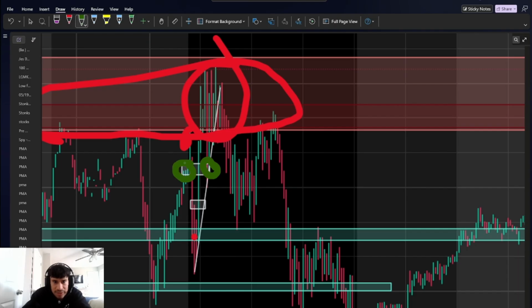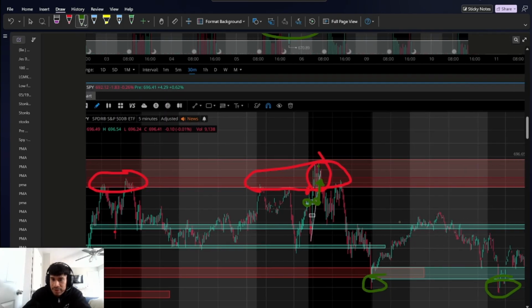Pre-market, it was acting as a rejection. So this area was a level of interest. This area was a level of interest as well, the one I drew up here. And so what I ended up doing was I bought it down here and I wrote it into the area of demand and sold into it, right? So